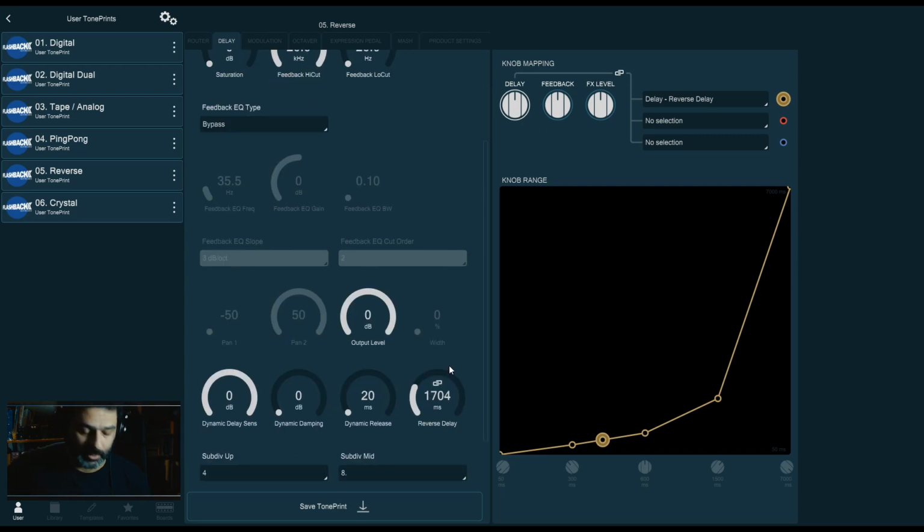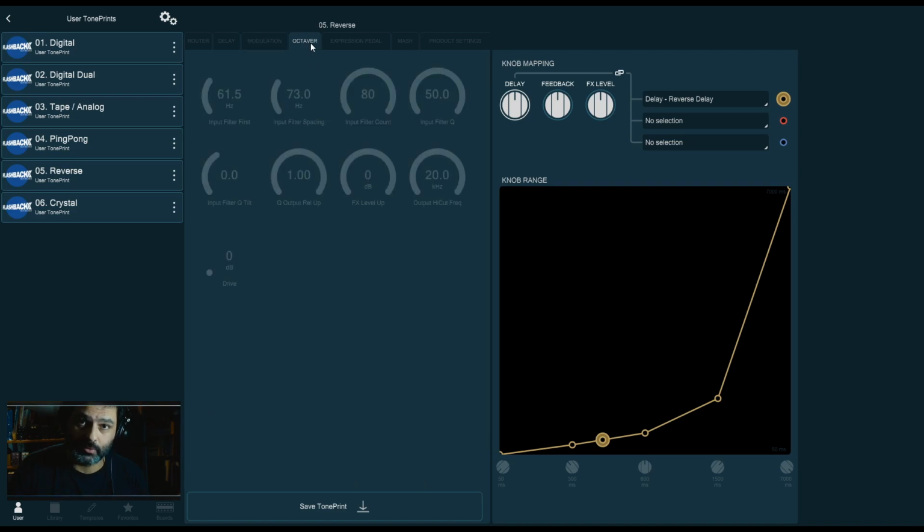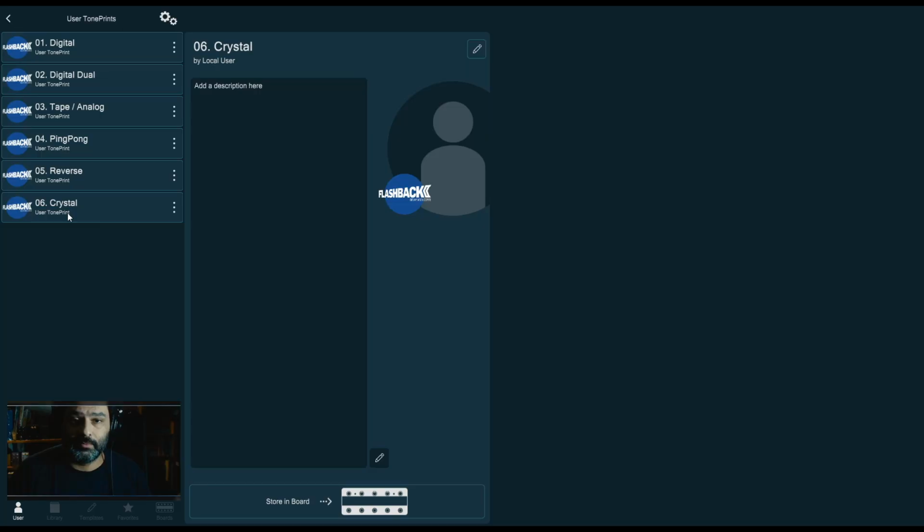I'm going to make it a big one. And that's a reverse delay. Nothing more to it than just that. Again, you can use modulation. You can't use the OctaveR unless you start with TonePrint that already has it. And speaking of OctaveR,